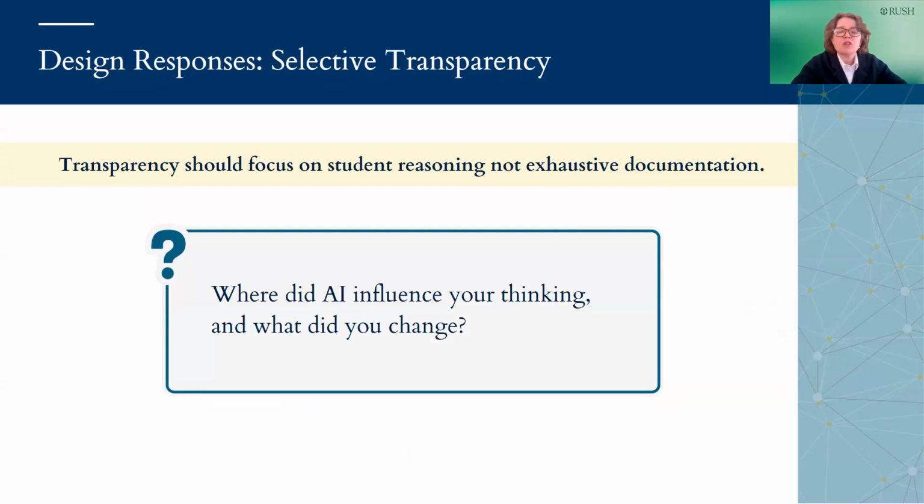So once assignments are transparent in purpose, task, and criteria, and AI use is consistently declared, we can be more selective about what kinds of AI transparency we actually require and how these expectations are aligned with student learning objectives. In many cases, asking students to document every prompt or interaction increases workload without improving our understanding of if and how our students met their learning goals.